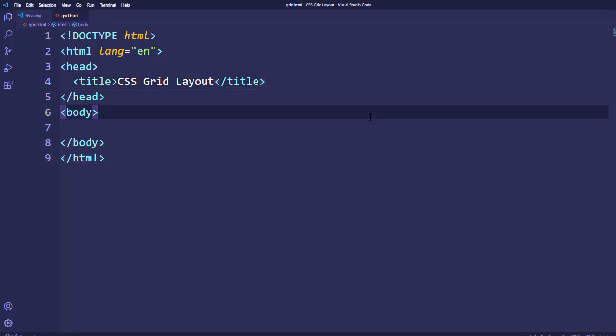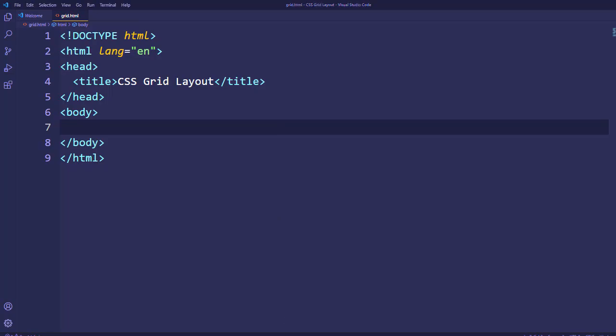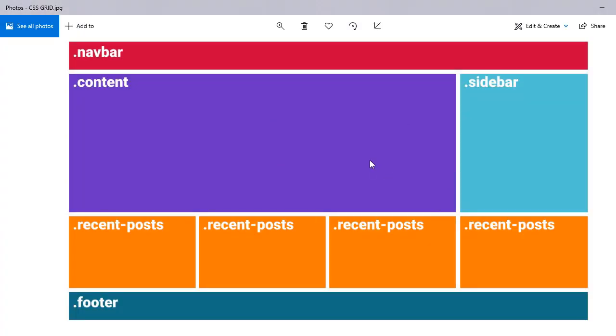First of all, let's do a quick recap of what CSS Grid layout is. A CSS Grid layout is a two-dimensional layout in which you have direction both row wise and column wise, unlike the Flexbox layout, which is one-dimensional and can be either row wise or column wise. In this video, we are going to create this layout using the CSS Grid layout. I will explain how we can design this beautiful layout.